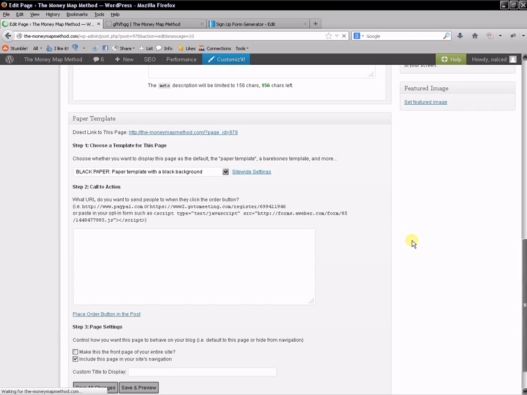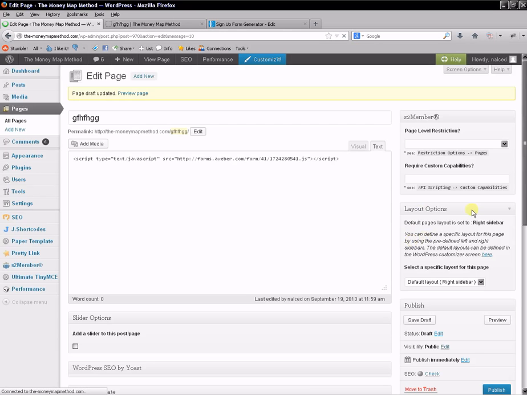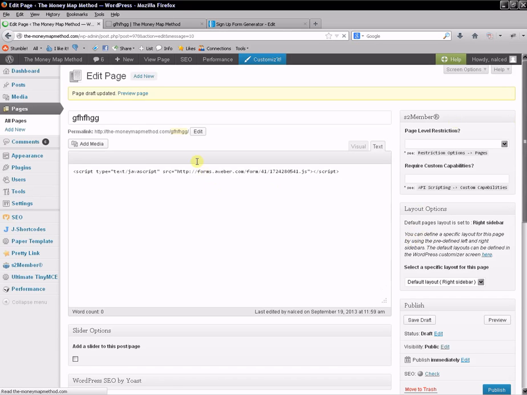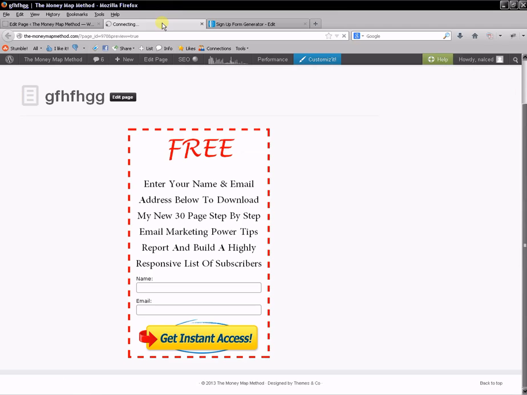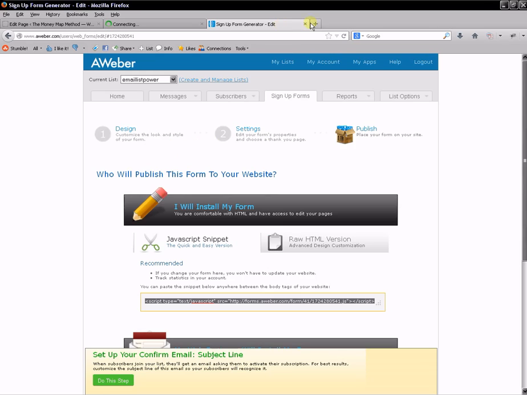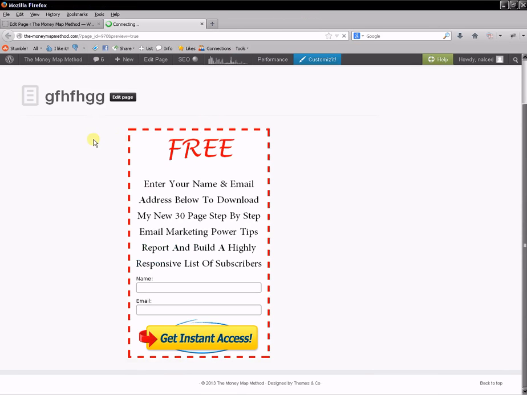Wow, that is very, very slow. And I'm pretty confident this is a HostGator issue. So we'll just go and preview this. So there are different kinds of pages you can create inside a paper template. This is a black one. I've actually never tried this one before. Probably look awful. Let's see. I'm going to close this down for a minute. I might be slowing it up.